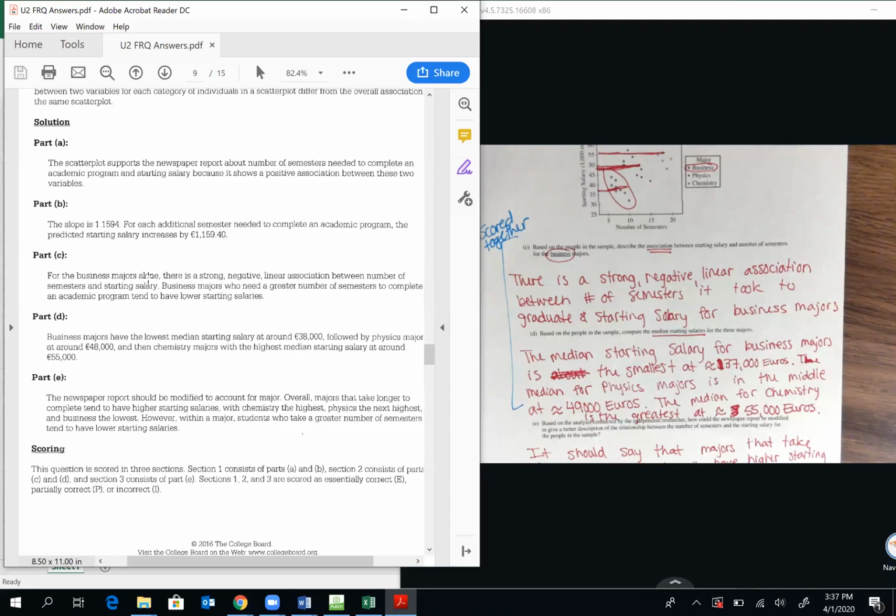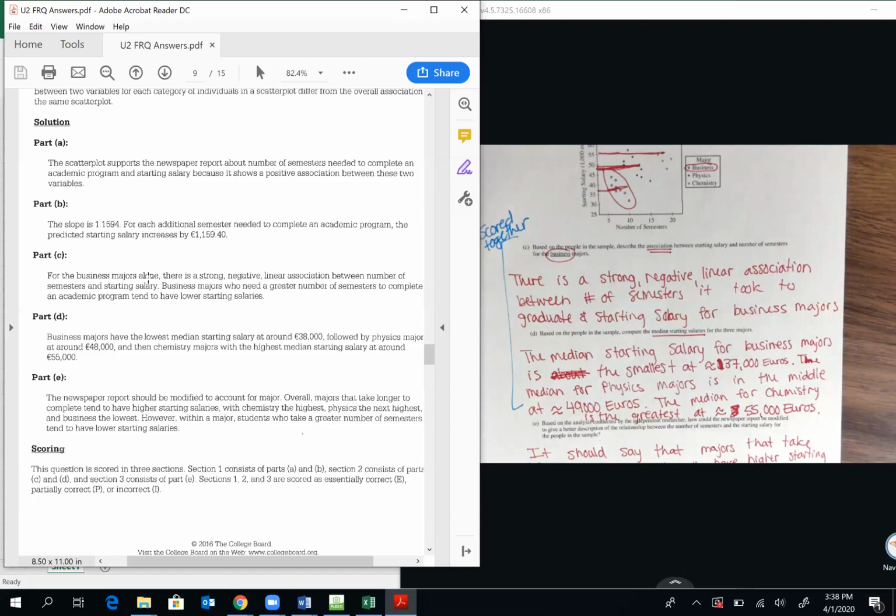And then for part D, based on the people in the sample, compare the median starting values. Make sure whenever you compare, you can give the numbers, but you also need to state which one is the highest and which one is the lowest. Don't just give the numbers, you have to actually compare them,